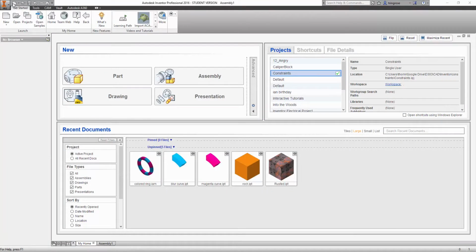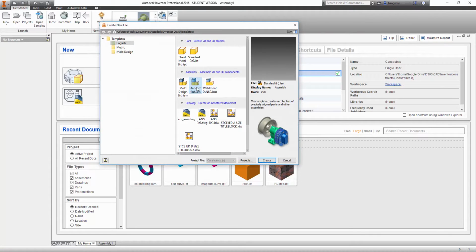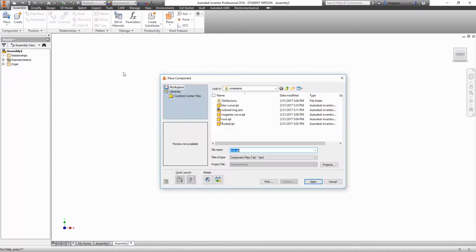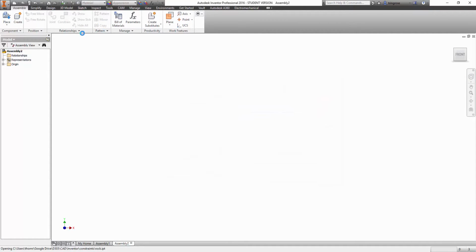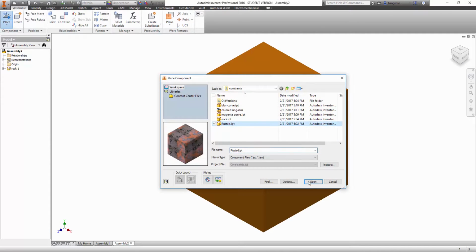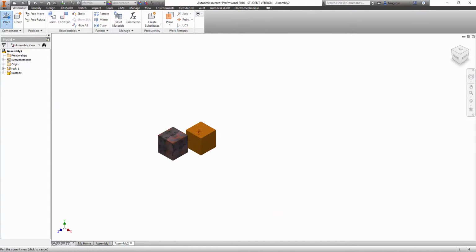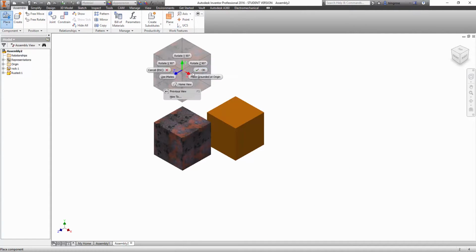The first thing we do is come up here and say New, Standard Assembly, and Create. There we go. So what I need to do is put together, and let's put two simple objects in place. We'll go ahead and put our rock, which happens to be orange, and some rusted iron. So I've got two different cubes here. What I want to do is click OK, find a way to connect these two objects together so that they